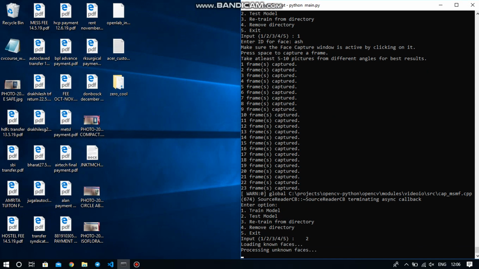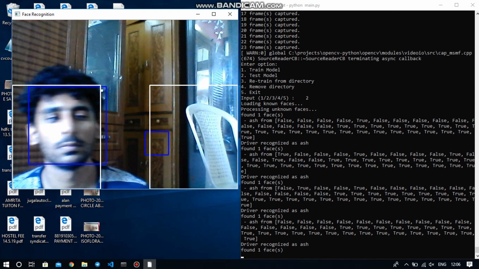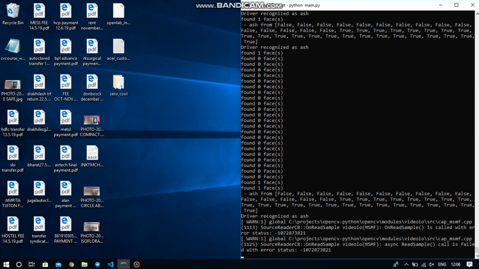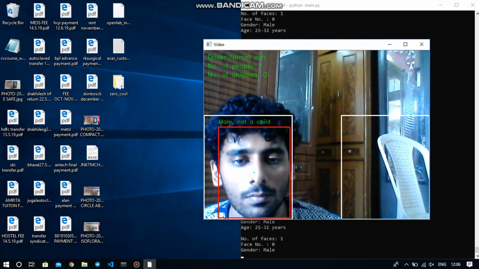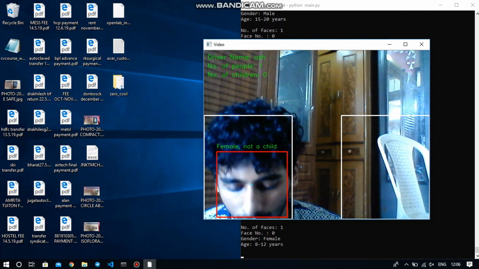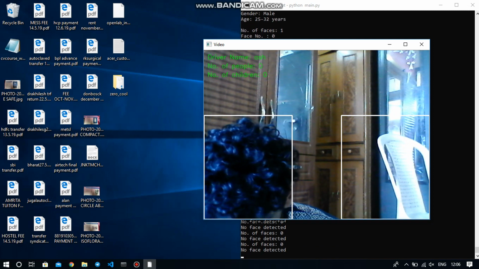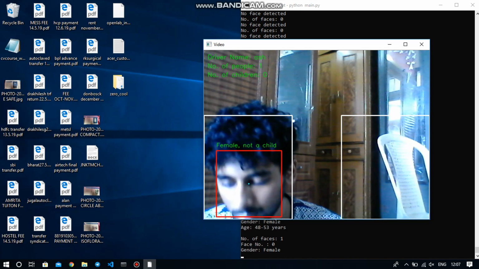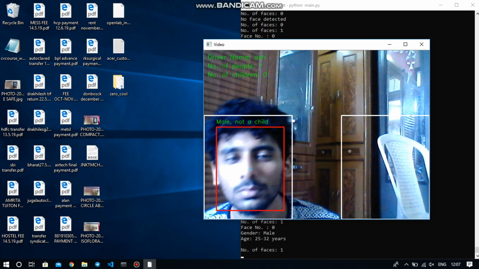Automatically the testing will start right now. You can see that it's recognized as Ash because the driver that we trained is Ash, and the moment he moves out, it was also recognized properly. You can see that it is recognized as male and not a child. Driver name is Ash, number of people is 1, and number of children is 0. Now when the driver puts his head down, only the hair is seen, so it cannot understand, and that's a problem. If there is too much hair, the system has some problem, but once he's shown properly, it's all determined properly.